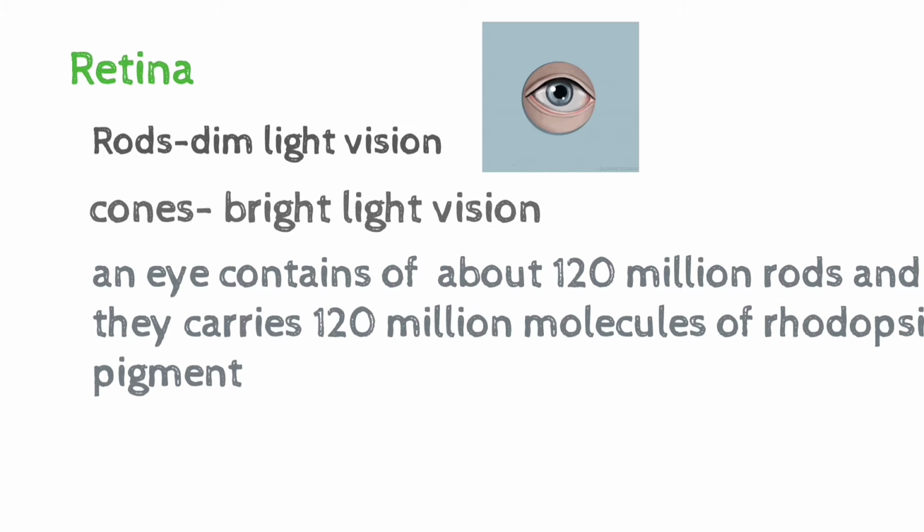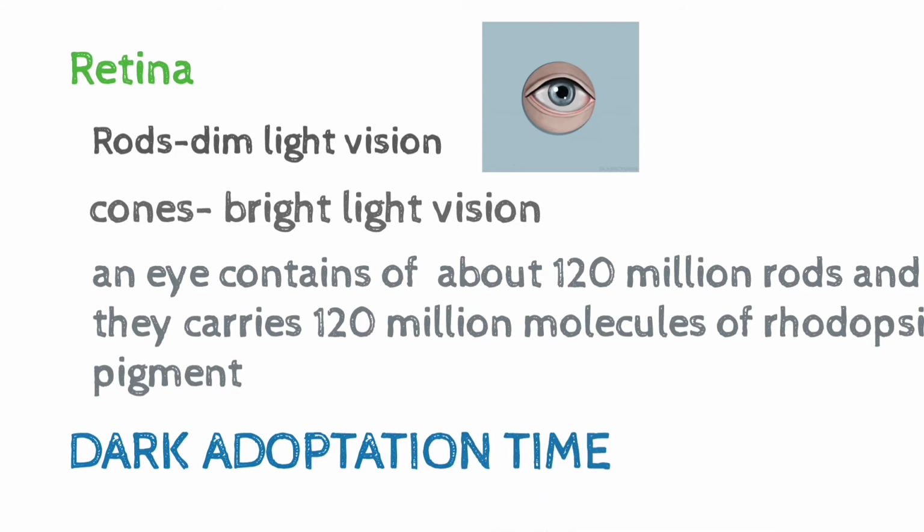What is dark adaptation time? Let us consider you are entering into a theatre room. Inside is fully dark. How would you feel suddenly? You need some time to adjust to that place, right? But why is this happening? When we enter from the bright light to the dim light, in bright light all the rhodopsin pigment would be depleted. Now in dim light, it needs some time to resynthesize the rhodopsin. So this time is called the dark adaptation.